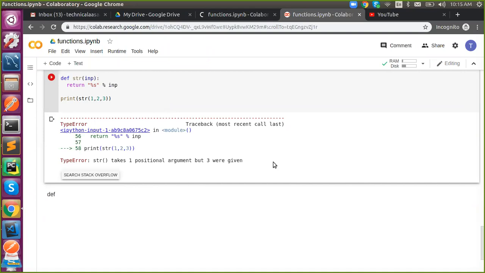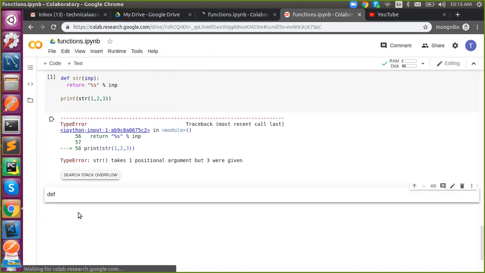Now we'll talk about what a positional argument is. There are two types of arguments: one is the positional argument, and the second is the keyword argument.